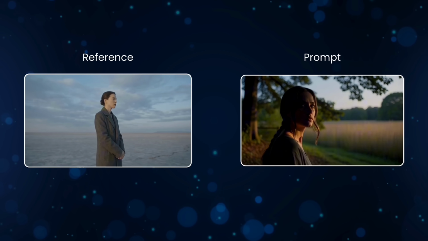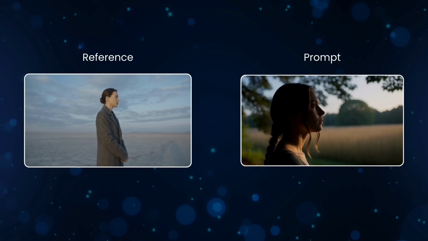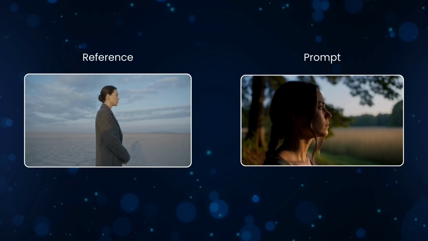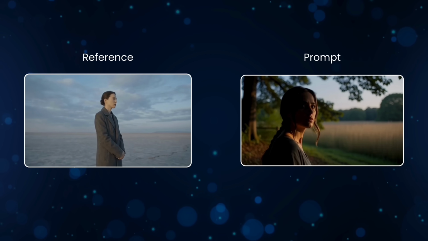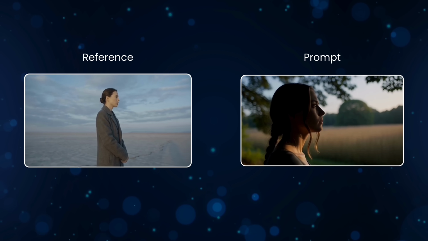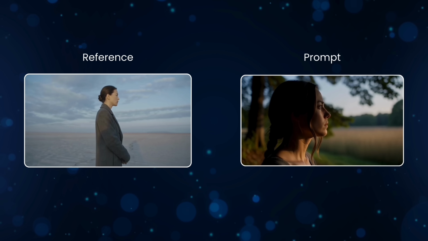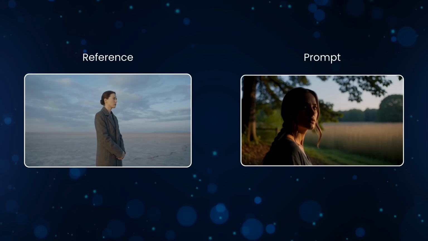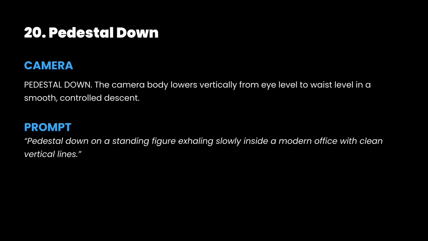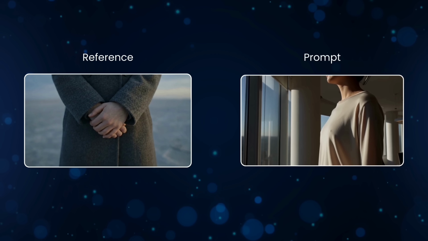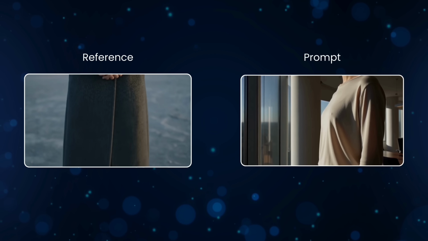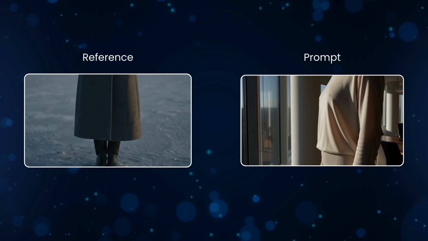This slow arc places the camera in constant lateral motion, circling the subject to reveal her profile with restraint. The movement is effective because it adds emotional depth and visual intimacy without distracting cuts. Number 20. Pedestal Down. This downward vertical camera move shifts the viewer's eye from authority to vulnerability, subtly reducing the